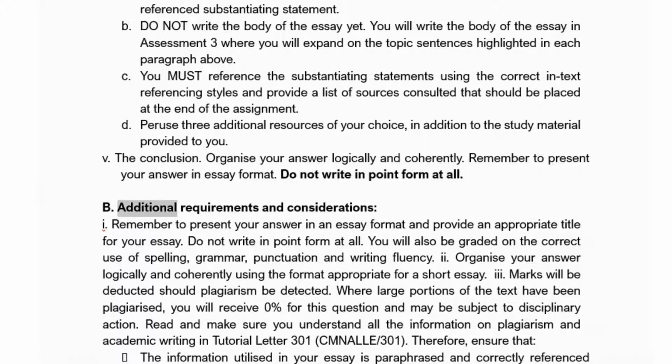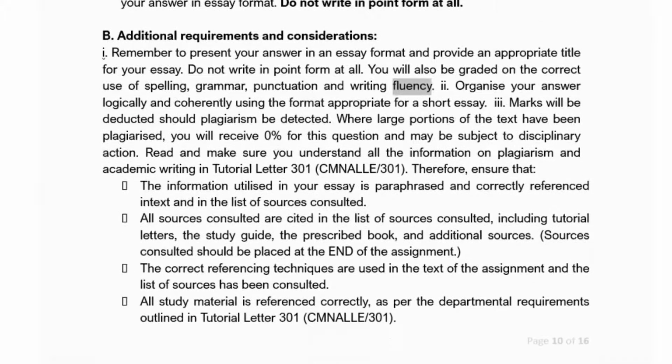The additional requirements and considerations. 1. Remember to present your answer in an essay format and provide an appropriate title for your essay. Do not write in point form at all. You will also be graded on the correct use of spelling, grammar, punctuation, and writing fluency. 2.